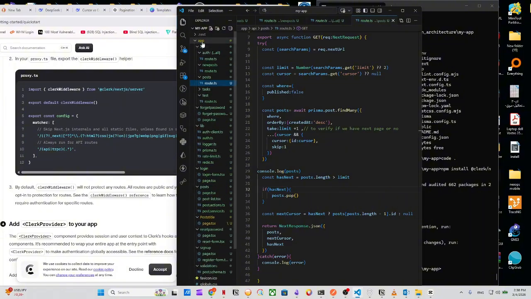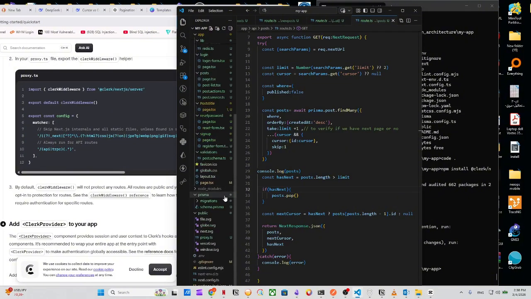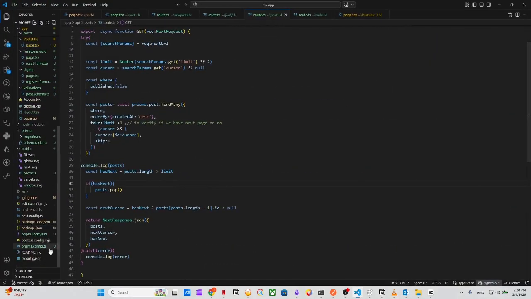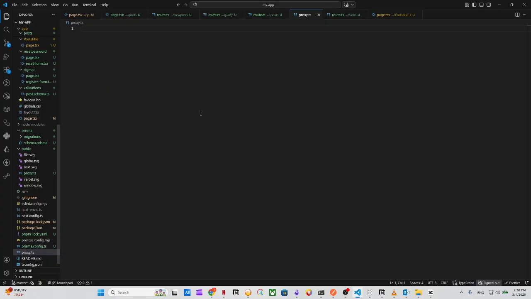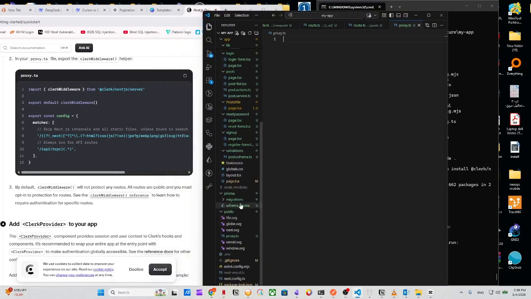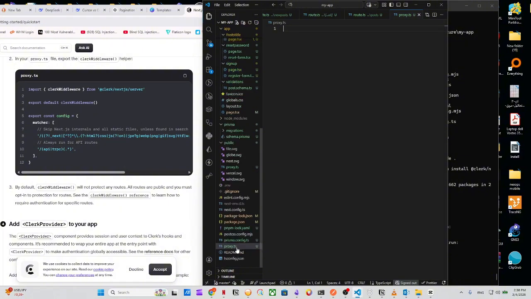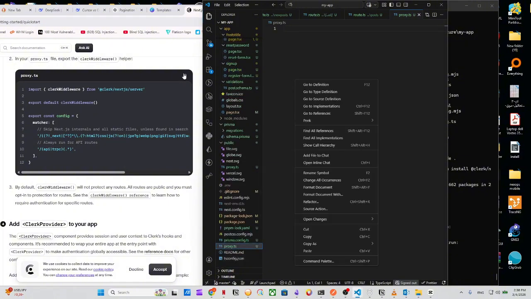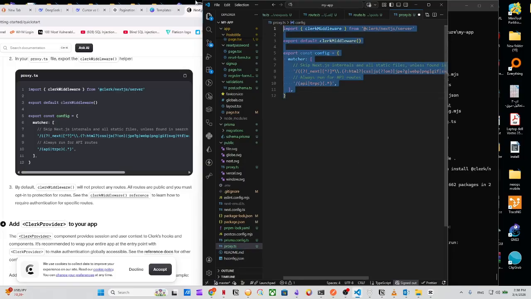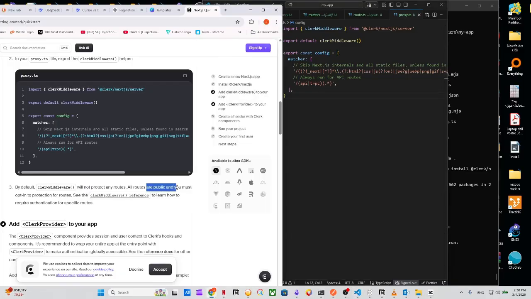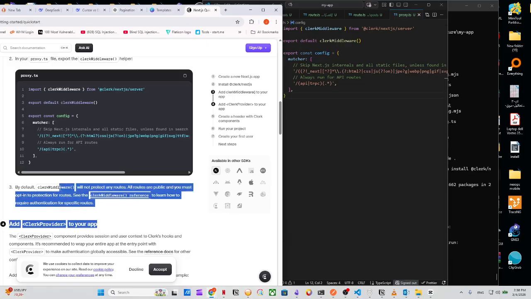I'm going to go to my app here, and I'm just going to create a new file here, proxy.ts. By default, Clerk middleware will not protect any route. All routes are public, and you must opt in to protection for routes. To learn how to require authentication,